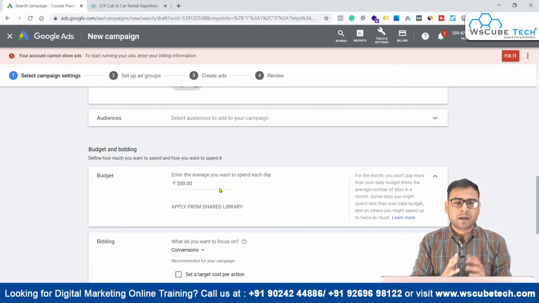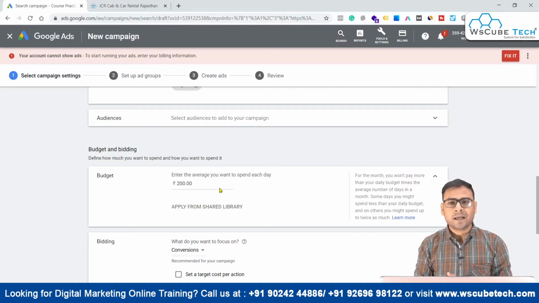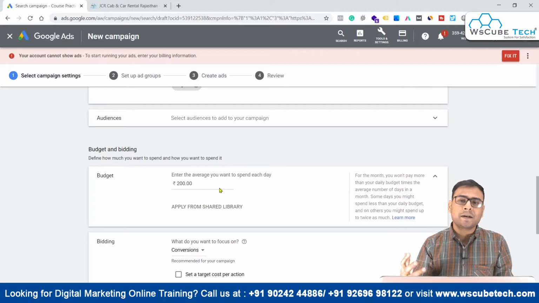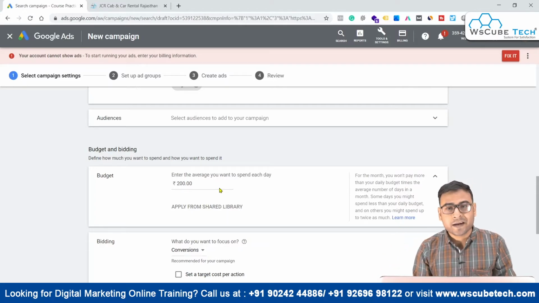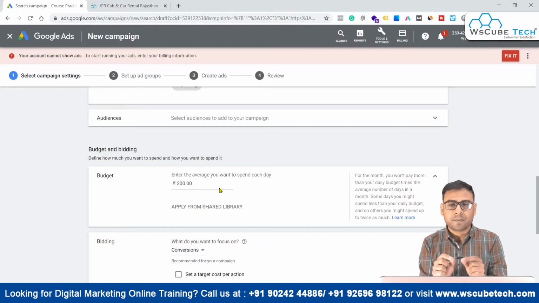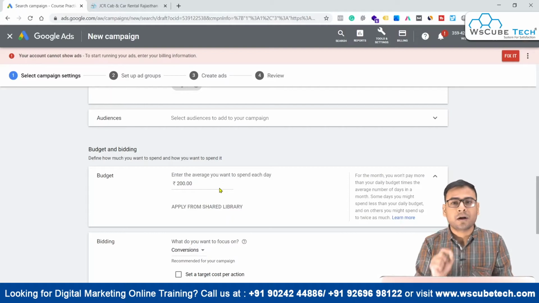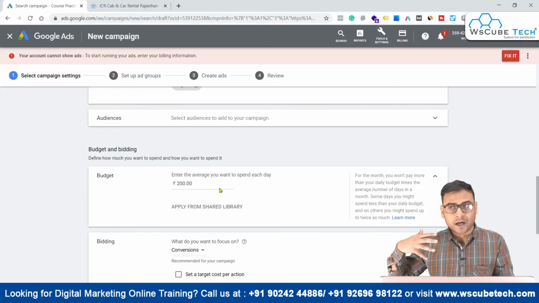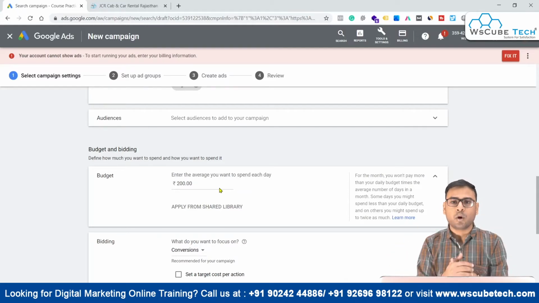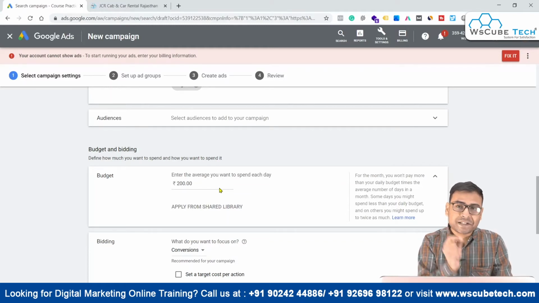So if you are bidding very aggressively, suppose the average CPC that you think a keyword will get is like 10 rupees, and you are bidding 15 rupees or 20 rupees, that is basically aggressive bidding. Whenever you are doing aggressive bidding, the chances of getting impressions are higher. So for that specific purpose, you have to put in a lot of budget, right? Whenever your strategy is something like, okay, I want to bid very aggressively, I do not want to bid moderately, in that specific case, you have to select a high budget.